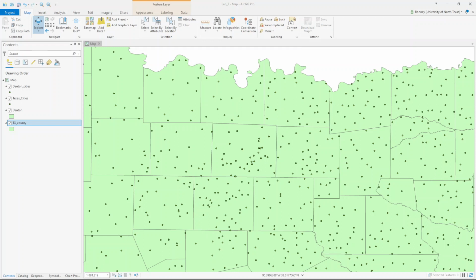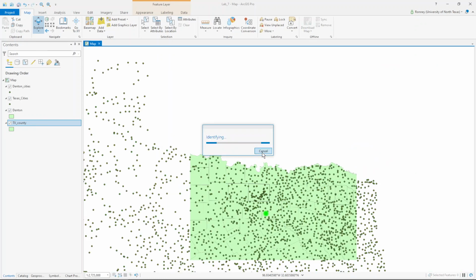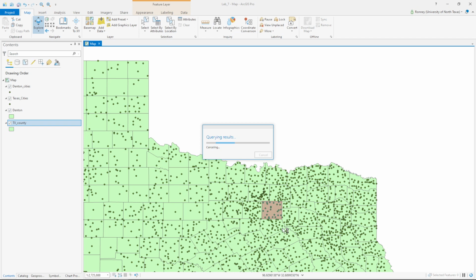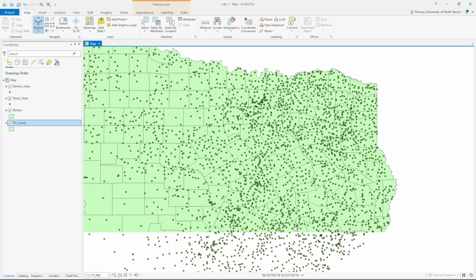Quiz question 3 asks, how many cities are completely within Harris County? And if you didn't know, you're not from Texas. Many of you aren't. Harris County is this right here. It contains Houston. I actually grew up right there, right where these 2 green dots are. Yeah. Anyway,